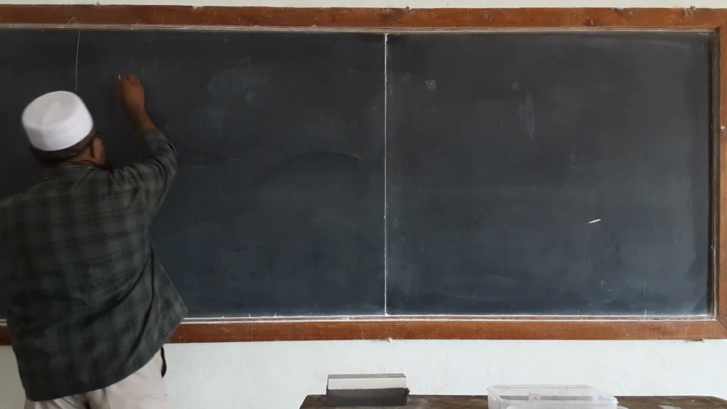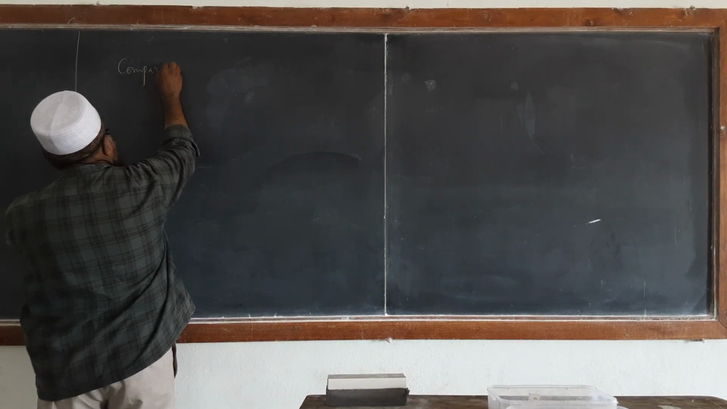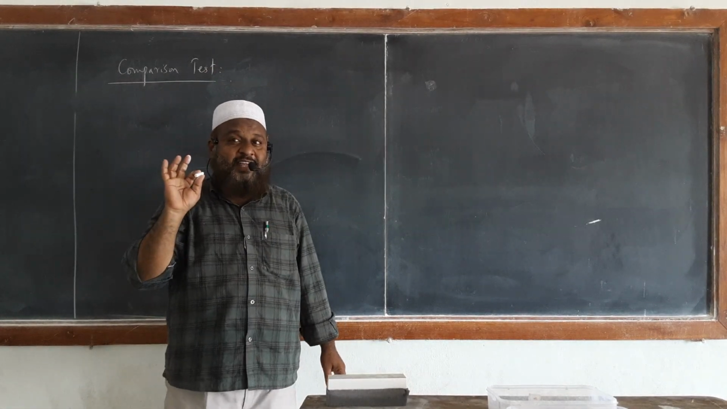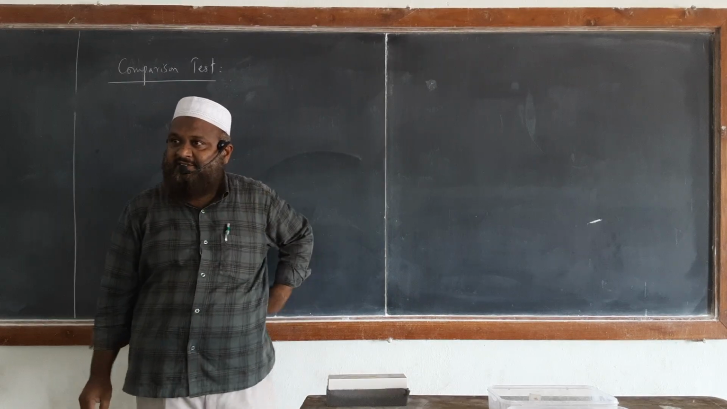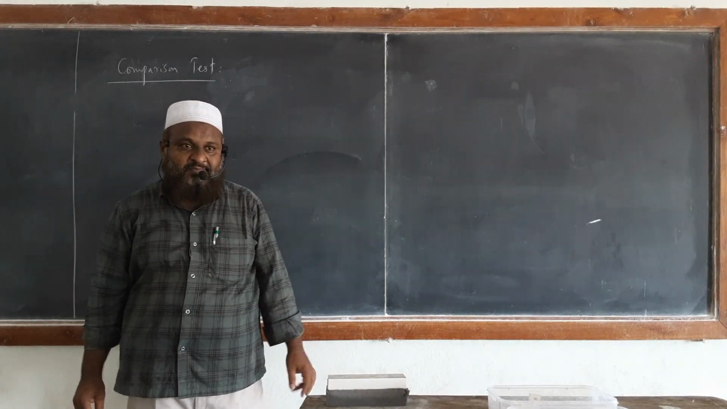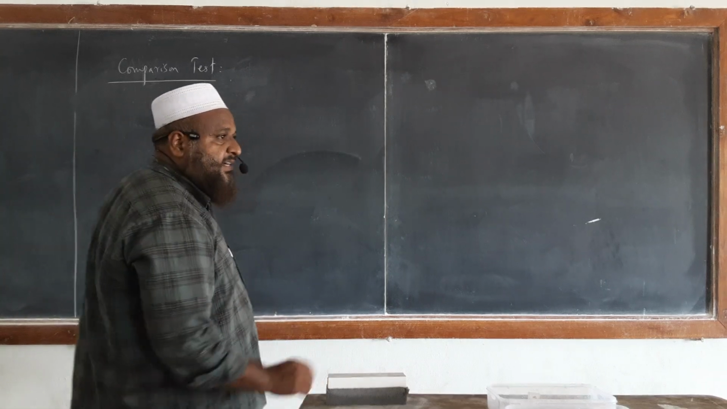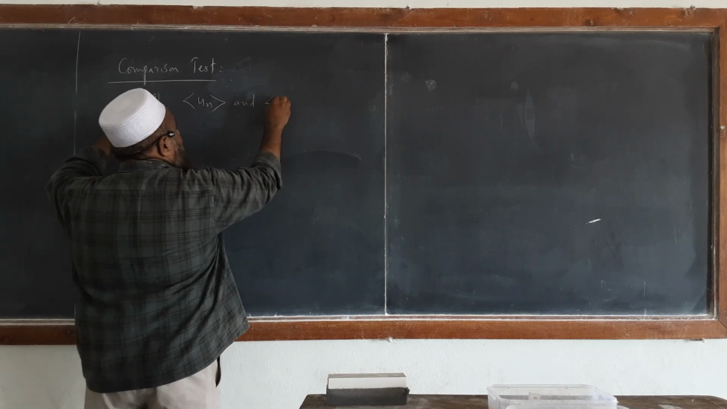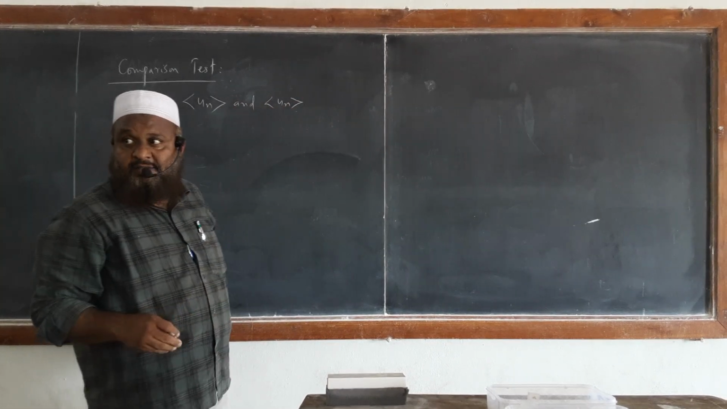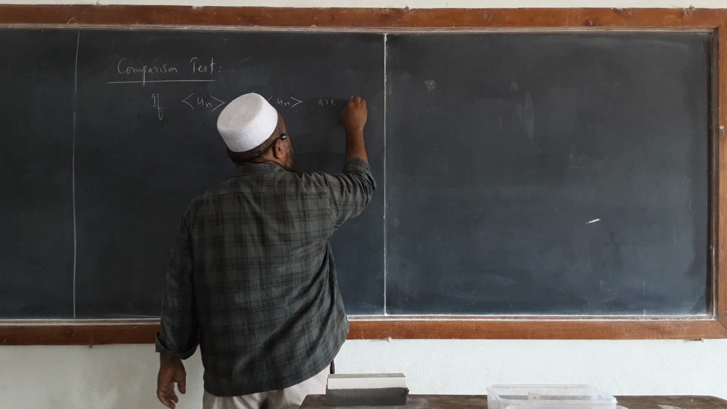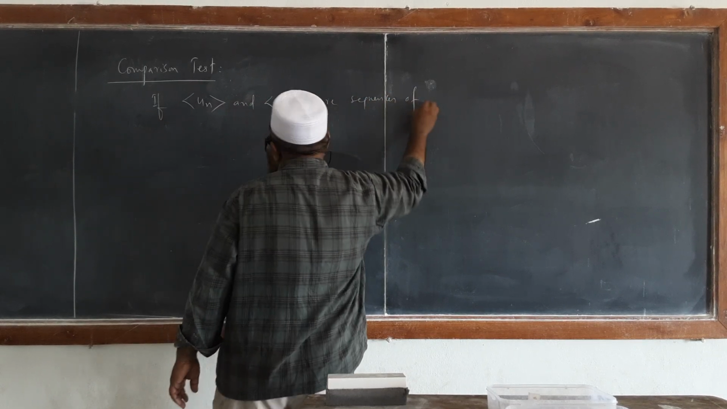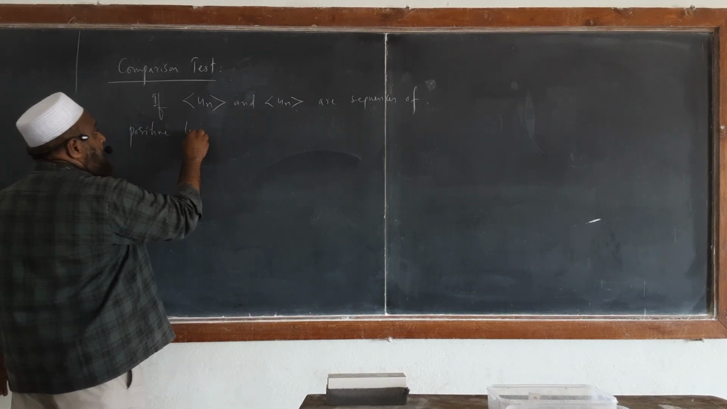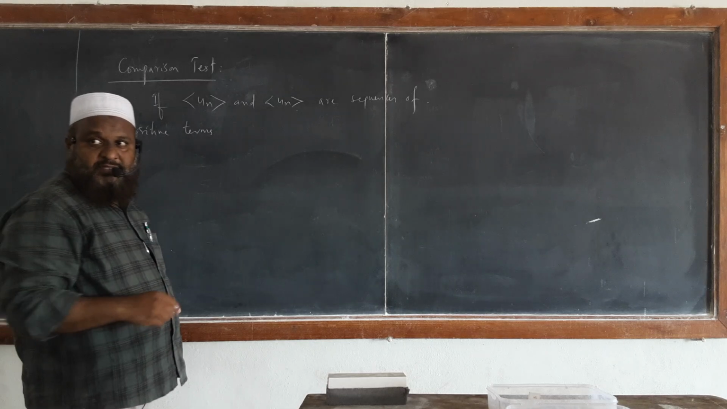One is the comparison test. Try to see carefully. I am writing comparison test, not limit comparison test. Without limit, it is just a comparison test. What is this comparison test? You see, if un and vn are sequences of positive terms,